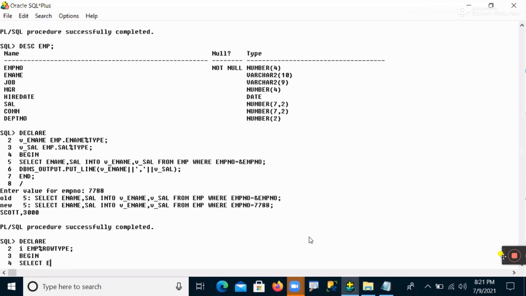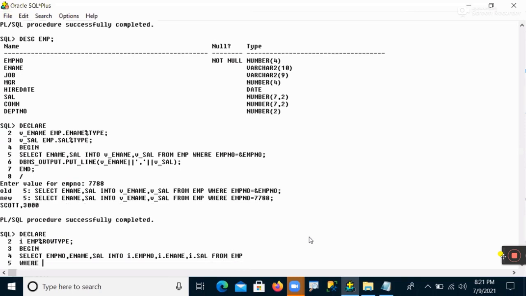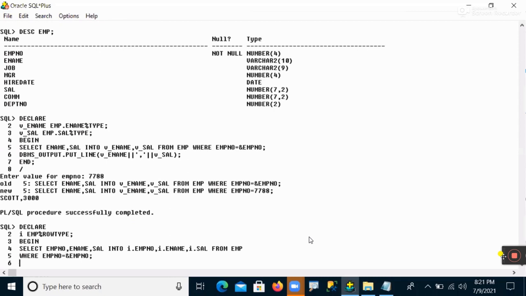Suppose I want to enter EMP number, ename and salary. So that I want to store into i.empno, comma, i.ename, comma, i.salary, from the EMP table, where EMP number is equal to &EMP number. Okay. Then DBMS_OUTPUT.PUT_LINE of